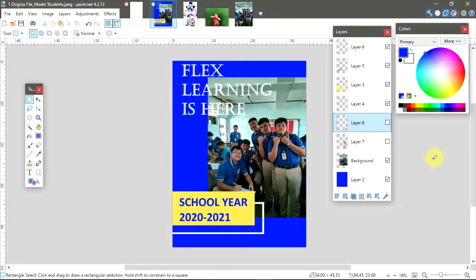This is a simple tutorial using paint.net, and we'll try to design some graphics using the various tools available in paint.net. So we'll try to recreate this one from scratch. Okay, so first let's create a new